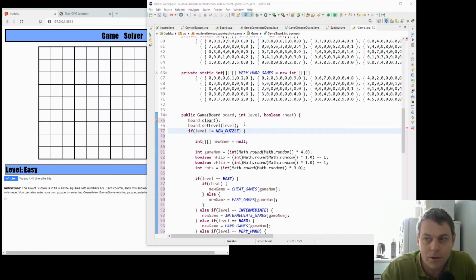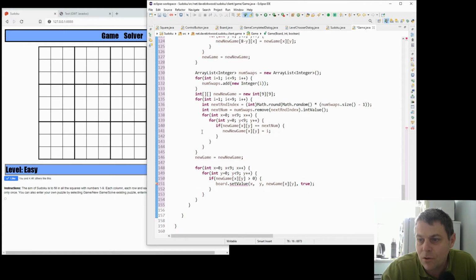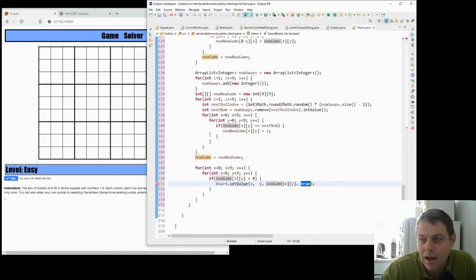Okay, so the next thing I'm going to look at is I'm going to go back to the new game thing. So the new game is calling board set value, and that has a locked flag which locks the cell, and board clear. So I'm going to re-implement those methods in board. So board clear is going to go through all the squares and set them to 0 or blank and unlock them, and then board set value is going to set the value with the number for the game and lock the